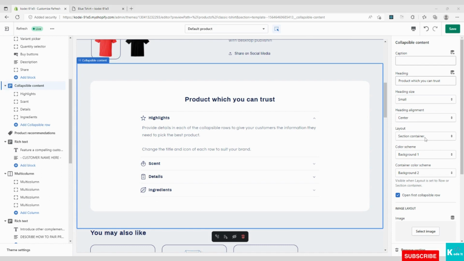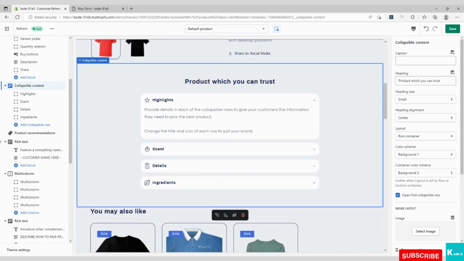Then we have the layout. Currently the layout is section container. This means that it is taking the width of the main container. If I change it to row container, then you can see that the width has got reduced. So basically it is taking much smaller width. So let's keep it row only because row looks much better.